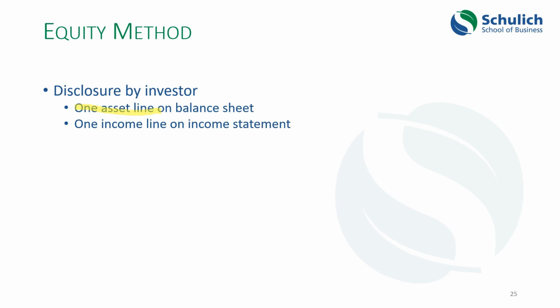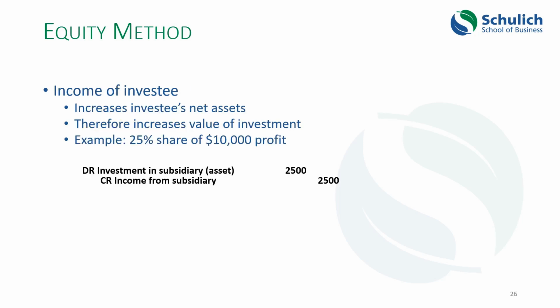Same thing goes with the income statement. Rather than consolidating the income statement on a line by line basis, you have a single line on your income statement that shows the profit that you get out of that investment. So that would be financial income. All right, so what happens if the investee company earns some money? Under the equity method, what happens is that the investee's net assets, so this is the company that the investing company owns, when it has income, of course, its net assets are going to go up because its retained earnings go up. So what should the investing company, the investor company, do?